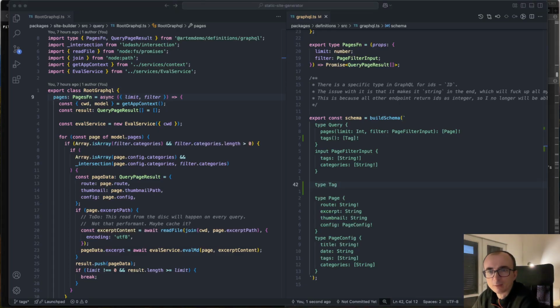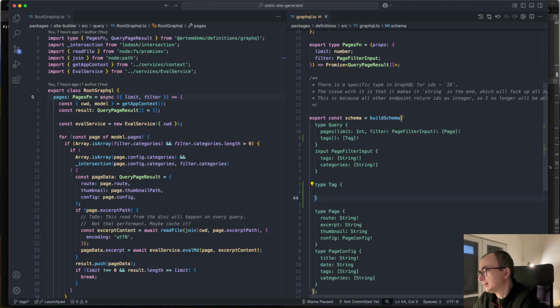I assume we can call it language, why not? And it will be tag, and on one hand we for sure have a name, the tag name, and it for sure should be not nullable. In addition, we should have something that is called slug,